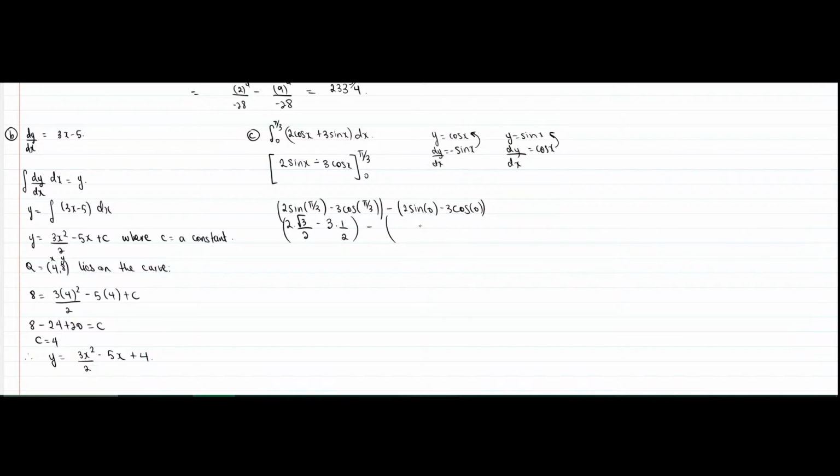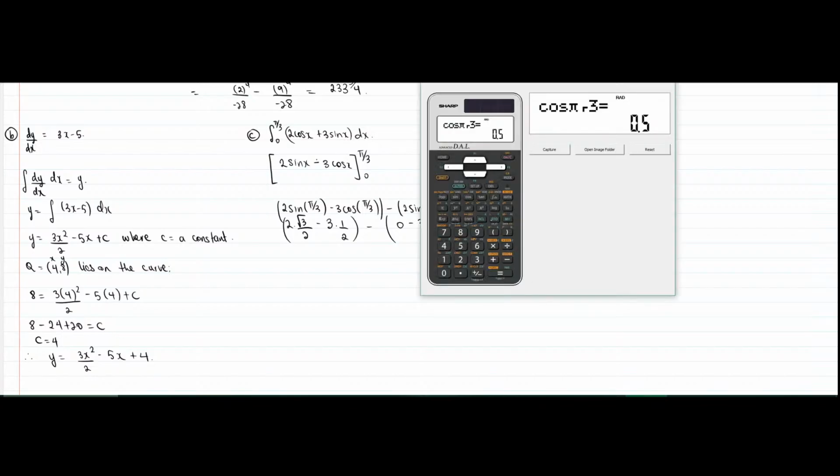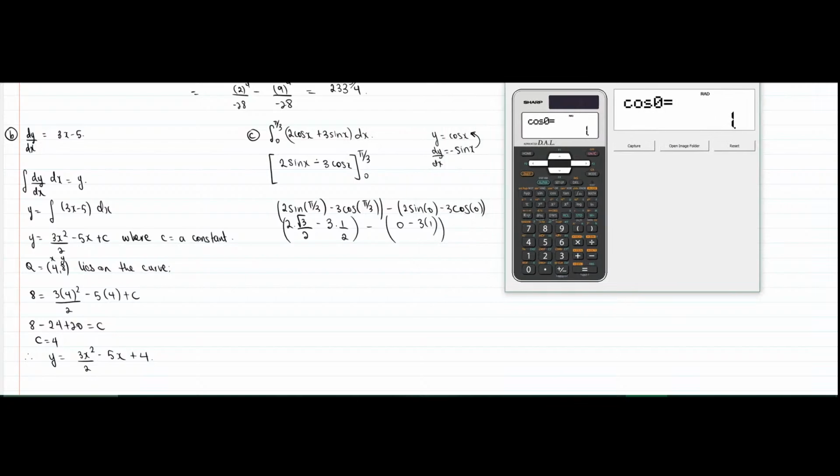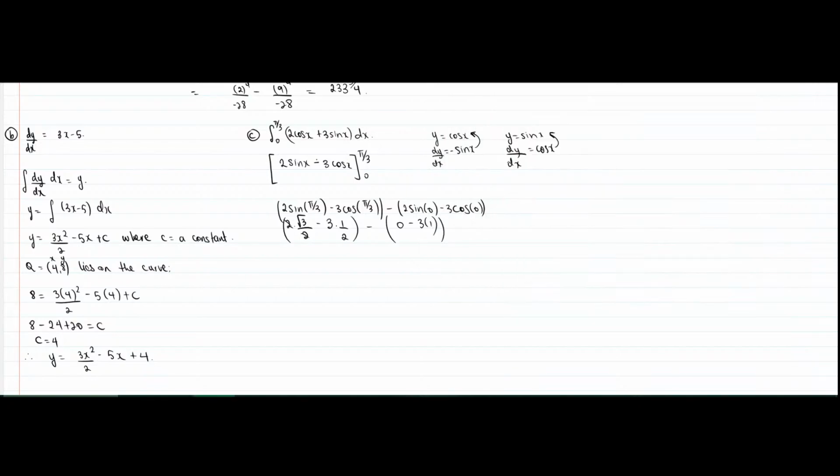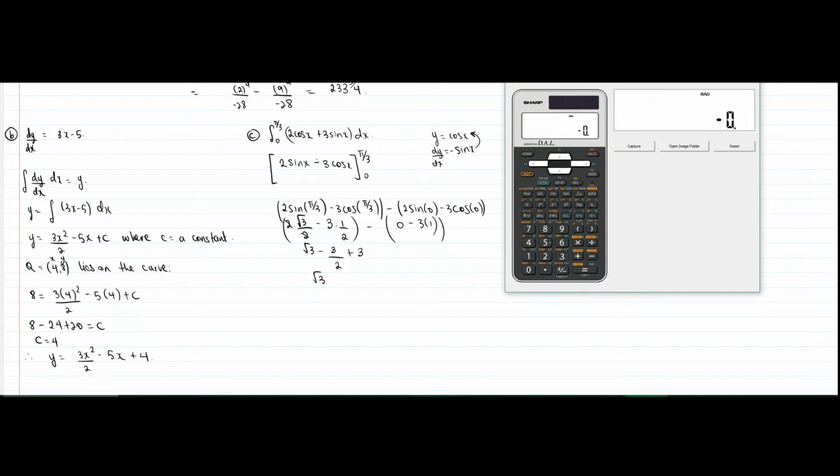Take away sine of 0, which is 0, minus 3 cosine of 0, which is 1. You can double check that on your calculator as well. Sine of 0 is 0 and cosine of 0 is 1. So here this 2 cancels with this 2. I get root 3 take away 3 over 2 plus 3. I get root 3 minus 3 over 2 plus 3